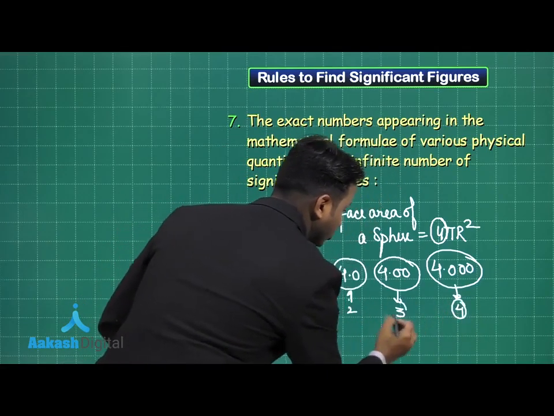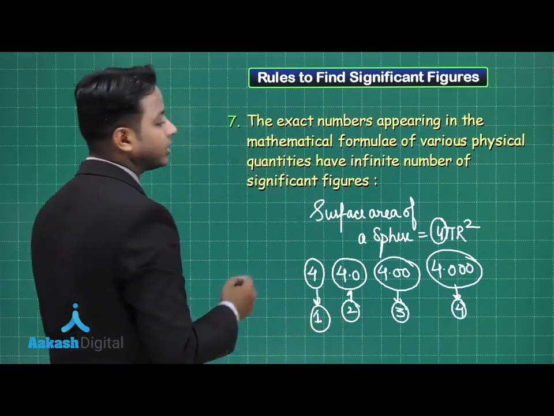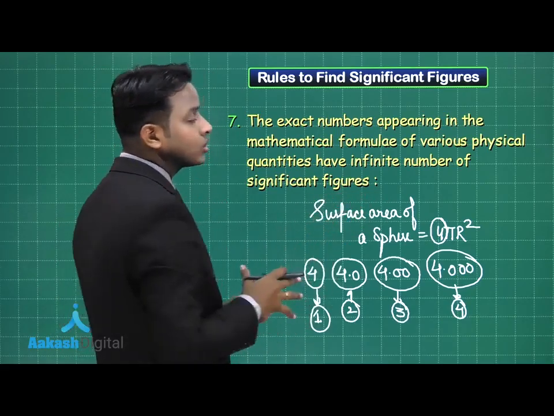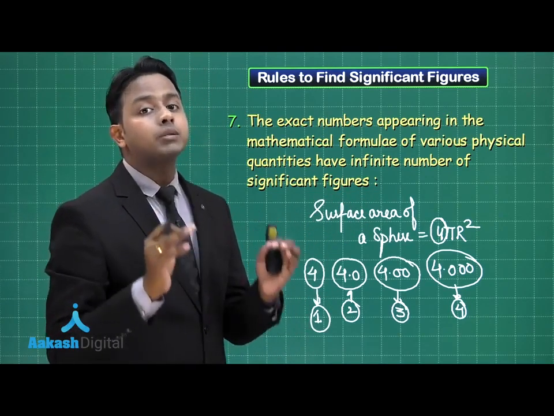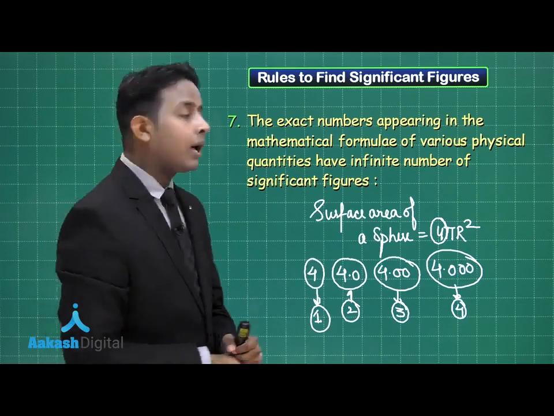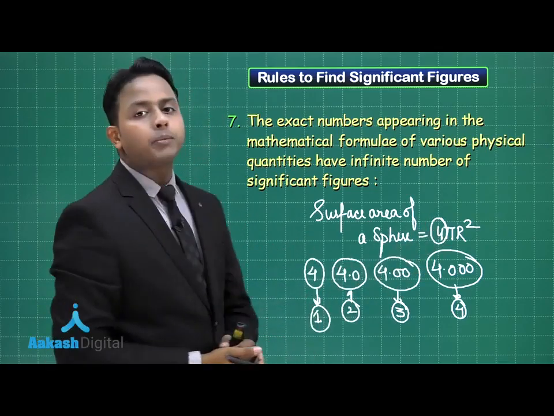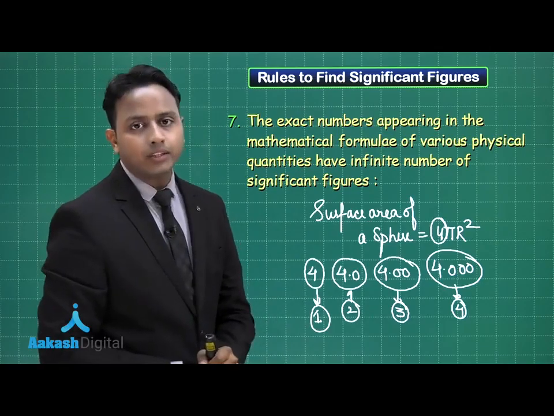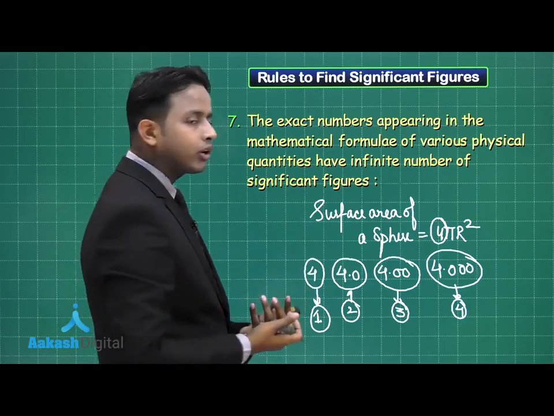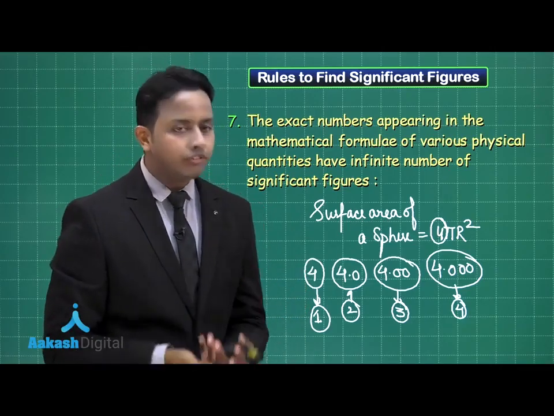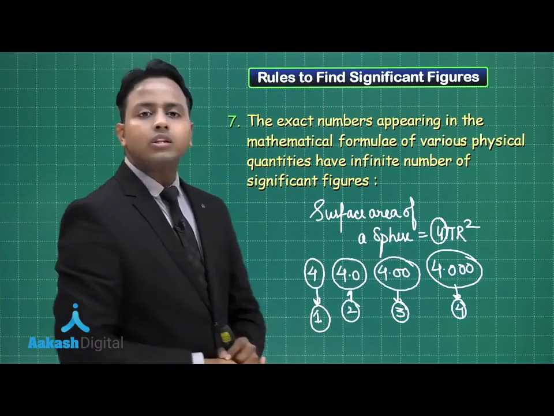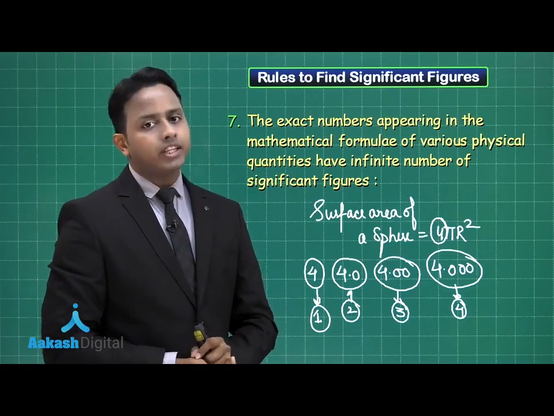4. So you might be wondering how we are going to decide how many significant figures these kinds of numbers have. Actually, the numbers which are used in mathematical formulas are complete pure numbers, and they have an infinite number of significant figures because I can write them in these particular formats. I hope the idea is very clear to you. So whenever formula-based numbers are given to you, they will have infinite significant figures. Otherwise the question needs to specify how many decimal places are present in that particular measurement. I hope all the rules regarding significant figures are very clear to you.